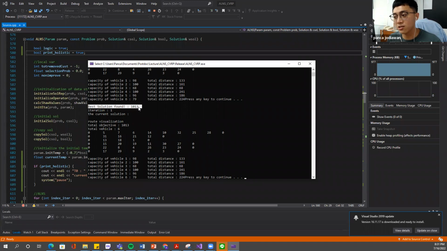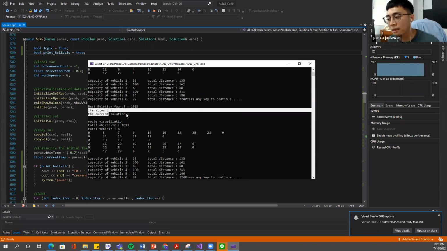The best known solution found is 1013, and it returns to the first step and continues to the next iteration. It will keep going until the termination criteria is achieved.